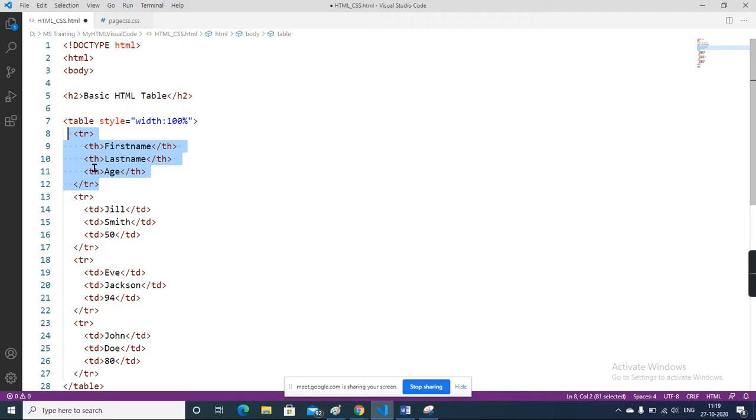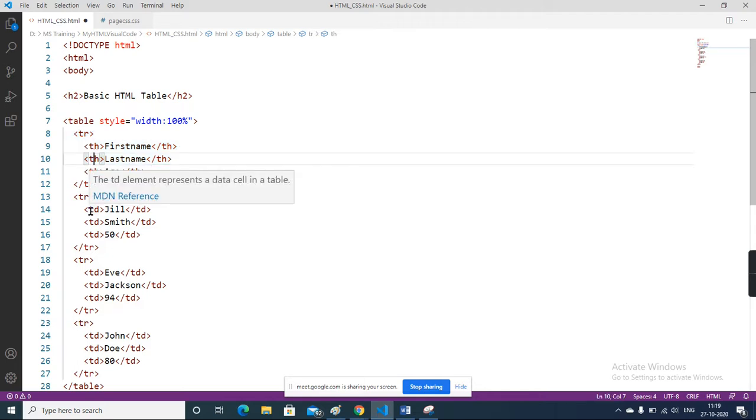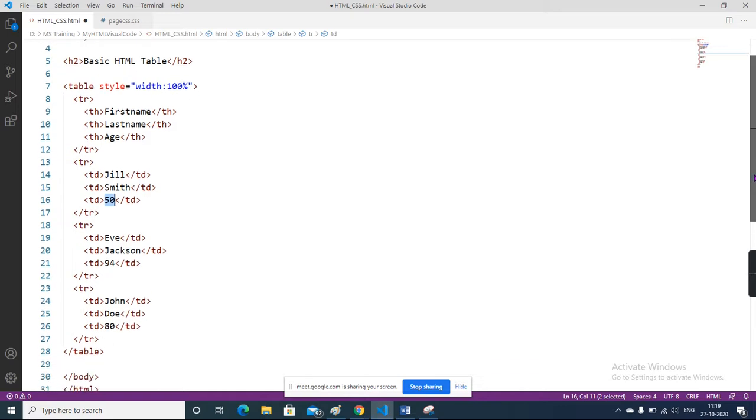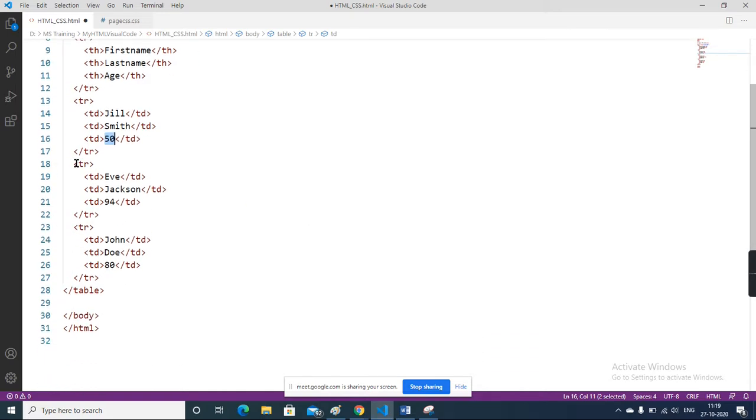After that, this is the table header. In the table there is some data, which is called table data, TD. So here they put some names. Okay, the structure is the same. Whatever the number of TRs, we can see here, TR, TR. And this is a table.